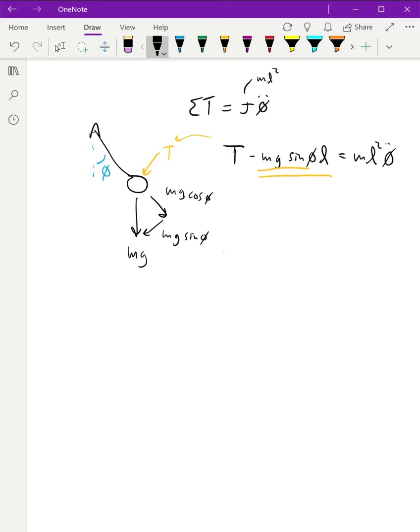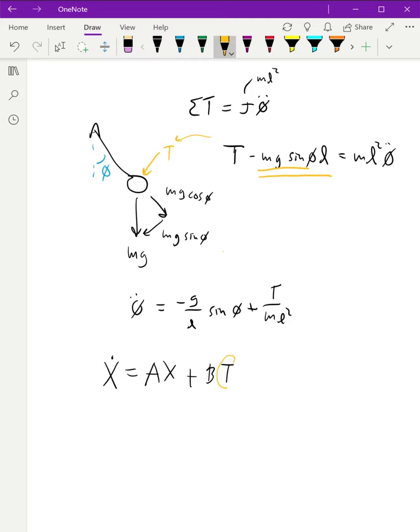Okay, so solving for theta double dot, we get negative g over L sine theta plus T over mL squared. So this is not linear because we have a sine here. And a sine is not linear, a sine is sinusoidal. So nonlinear, which means we cannot put the system into a state space form, or the matrix state space form. We can't do this,